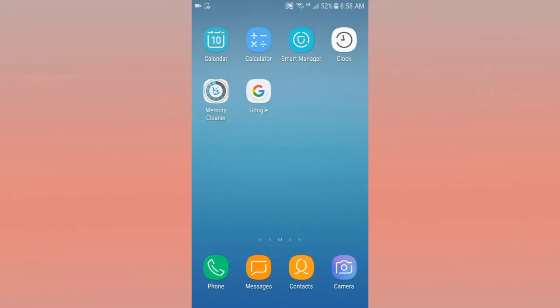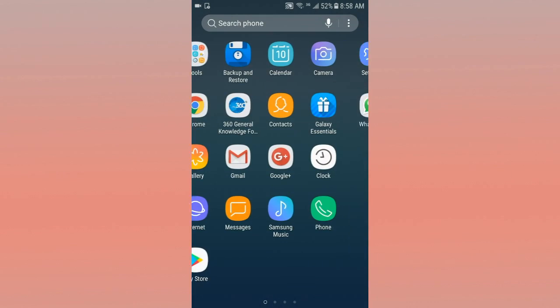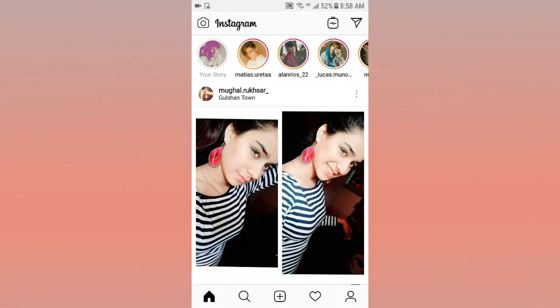So guys, first of all, you just need to open the Instagram app that you have already installed on your Android device. Make sure you have logged in to the Instagram app using your Instagram account. As you see, my Instagram is open, and now I just want to show you guys how to